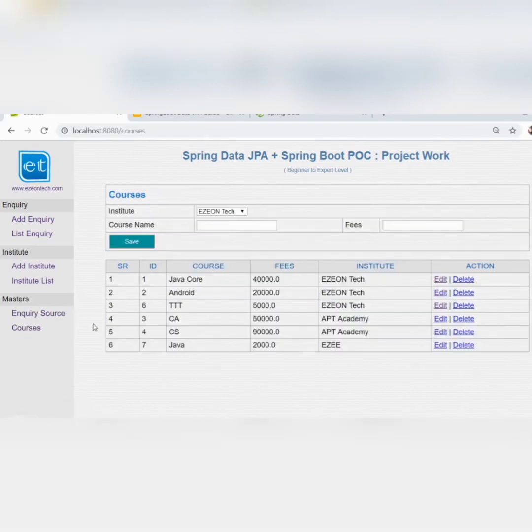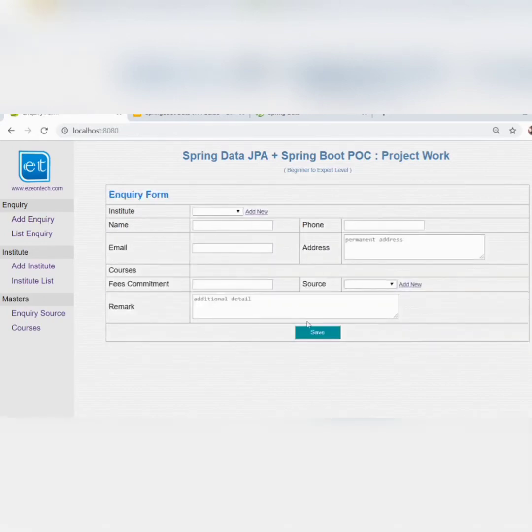Also you can manage the courses, because every institute has their own set of courses, so they can create their own courses here and define the fee, and that will be referred to in the inquiry form here. So this is what we are going to develop throughout this video series. This is a wonderful project. I have used around 8 database tables here to demonstrate this scenario, because when you are doing something with 1 or 2 tables, it is not that complicated, but when you have multiple tables, you can simulate a real production-grade application. So this is what we are going to develop in this series.